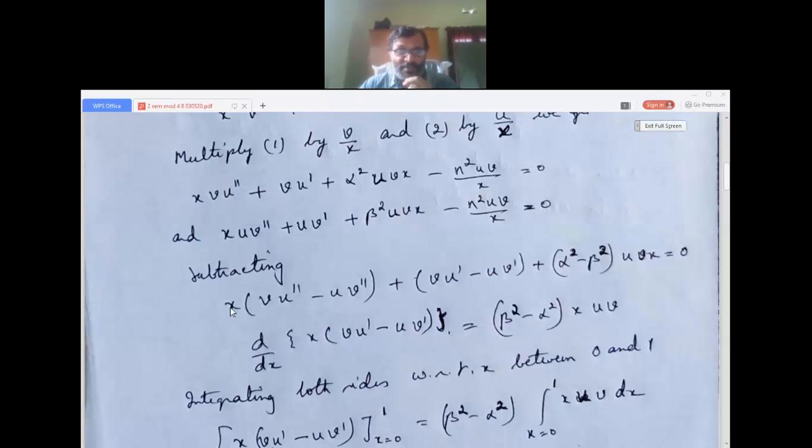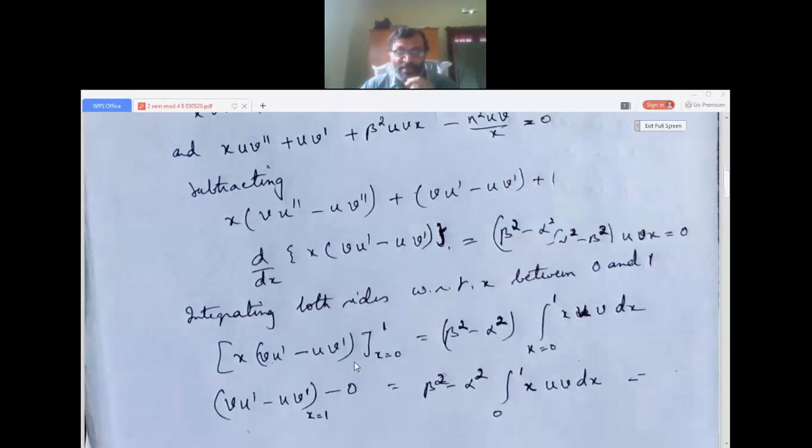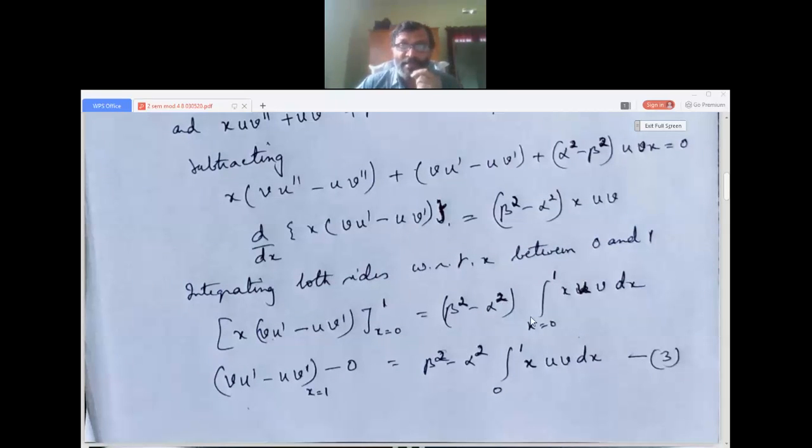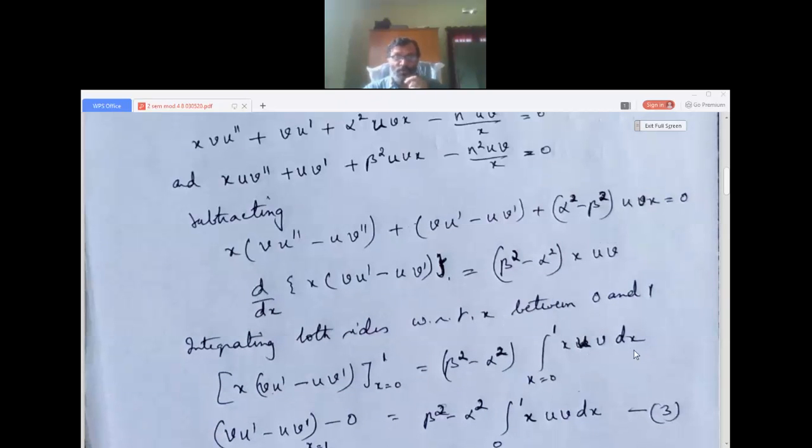So like this. This is nothing but the product rule: first function times differentiation of second plus second function times differentiation of first. So I have written this one, then integrating both sides with respect to x, taking the limit from 0 to 1. It's a derivation, so you have to know those steps. Integration is the reverse process of differentiation, so d by dx gets cancelled. For x from 0 to 1, we get as it is, so here integral 0 to 1 of x u v dx.